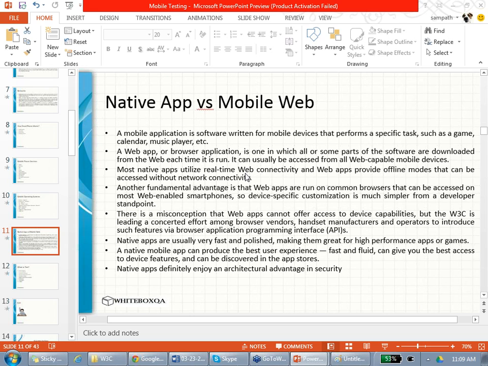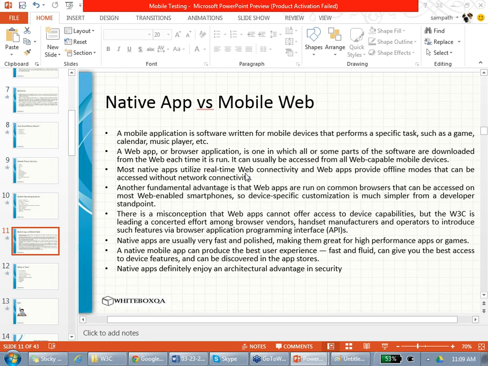Agreed? But if you make a mobile native application, is it the same for all of the operating systems? No. Netflix for iOS is different, Netflix for Android is different, Netflix for Windows is different, Netflix for Roku is different. Agreed? So these are different. It means the developer needs to make an app for each one of these. But a mobile web application developer doesn't have to do that. Am I clear? HTML is HTML. You give HTML, every browser will show HTML.